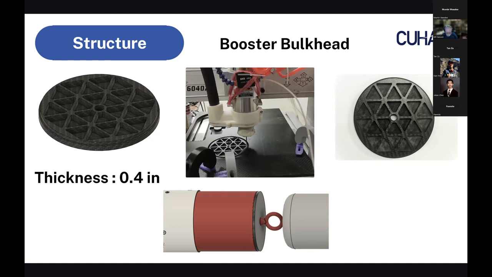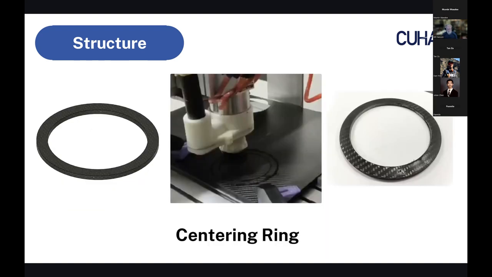The bulkhead has an isogrid feature to save some weight, and we will secure this to the forward closure of the motor. For the second ring, we use it to secure the motor tube in place, so we just put it in with epoxy on the motor tube. This year we use a fiberglass reinforced